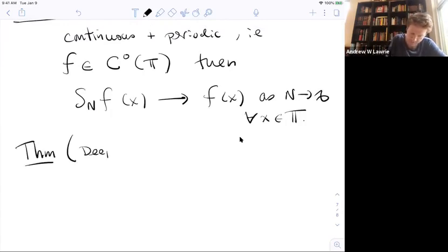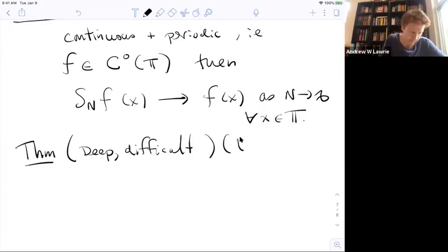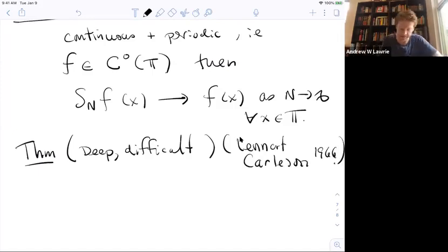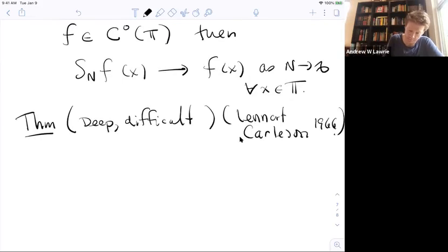This is deep. The proof is difficult. And this is by Lennart Carleson in 1966. So it wasn't resolved until 1966 when Carleson proved,